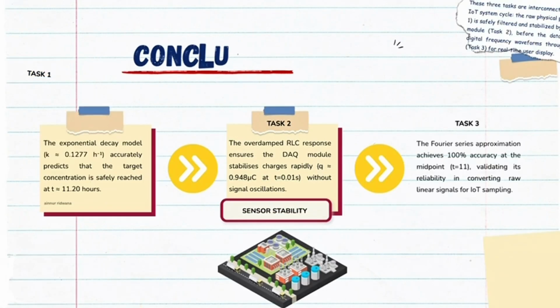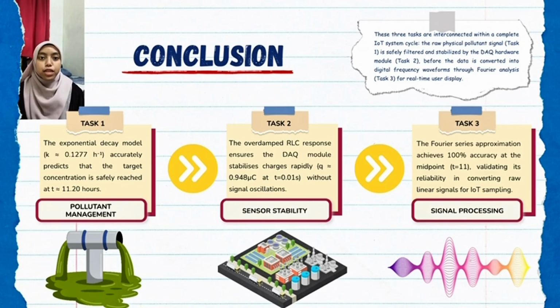To conclude, our mathematical formulation successfully reached the entire ion monitoring level. The polyethylene decay model from task 1 predicts field treatment timelines. The overtime response from task 2 stabilized our hardware measurements against data noise, and the Fourier series approximation from task 3 accurately converts continuous signal states into digital parts. Together, engineering mathematics provides the required predictive precision and stability for modern water quality